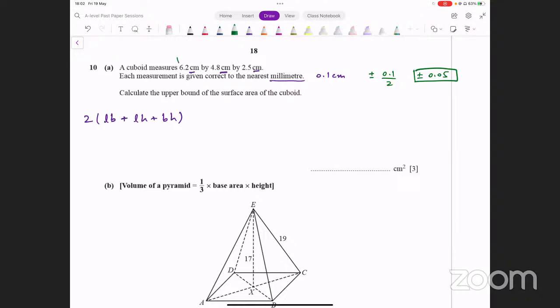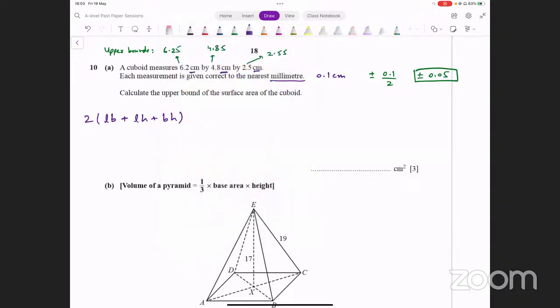तो इन सब की अपर बाउंड्स क्या आती हैं आपके पास? बिकॉज देखें सब कुछ न्यूमरेटर में ना, यहाँ पे सब कुछ आपने मल्टीप्लायर ऐड करना है, तो आपको सबकी अपर बाउंड ही चाहिए. 6.2 की अपर बाउंड क्या होगी? 6.2 plus 0.05, that's going to be 6.25. We're talking about upper bounds here. ओरिजिनल लेंथ 6.25, इसकी क्या होगी 4.85, और लास्ट वाले की क्या हो जाएगी 2.55।